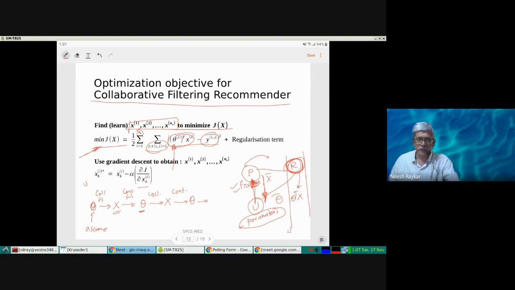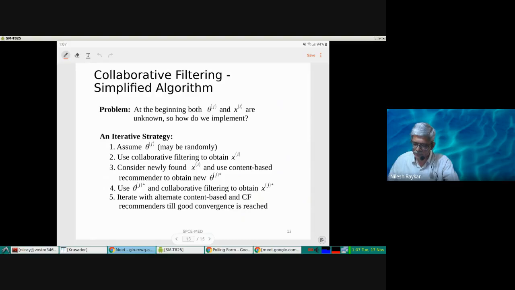This is not a very computationally efficient technique, but it can be taken as a first step. If you work with this approach, and if the problem is small enough, you can get a good answer in a certain number of iterations. So that is what is mentioned in this slide. Whatever I talked about on the previous slide is just mentioned in text form, so I'm not going through this.